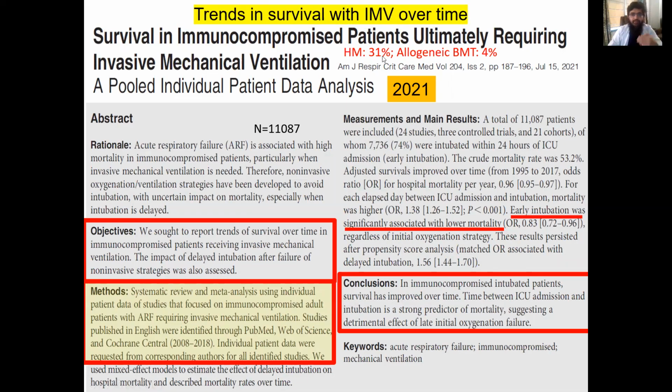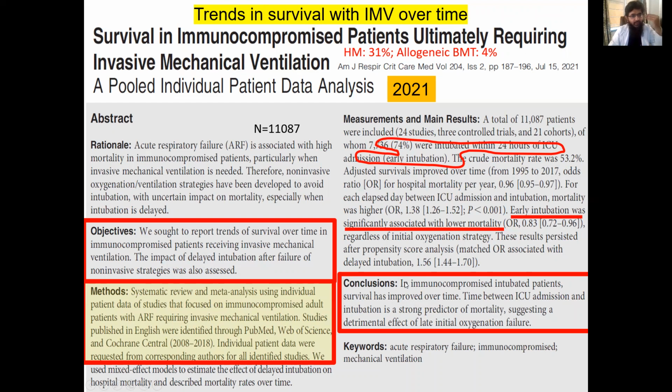Initially it was feared that all patients requiring ventilation die, but what is the trend? How has that changed? The recent study from 2021 included 11,000 patients from systematic reviews and meta-analyses done on immunocompromised patients, looking at the trend of survival over time with invasive ventilation and the impact of delayed intubation on survival. Around 70% were intubated within 24 hours, and they found that early intubation was significantly associated with lower mortality as compared to the earlier